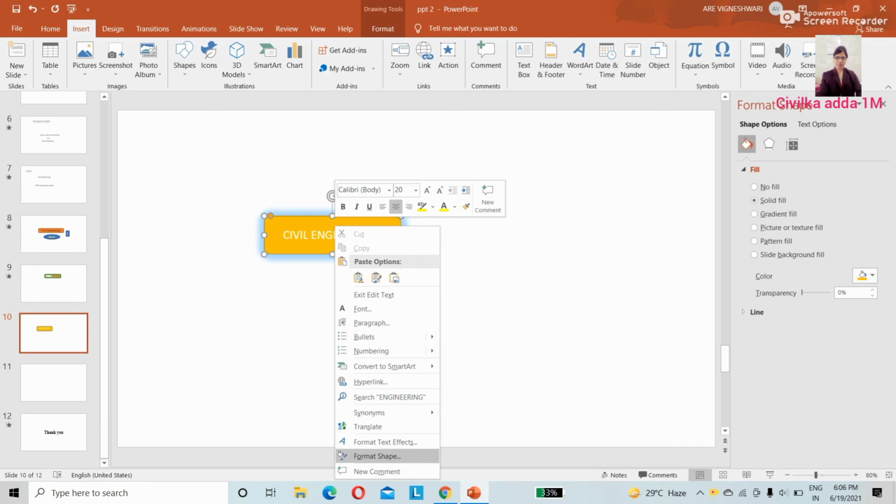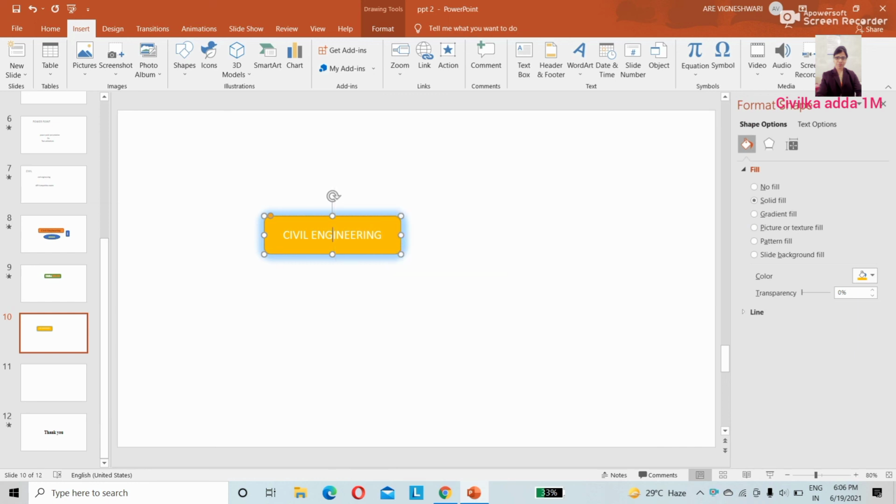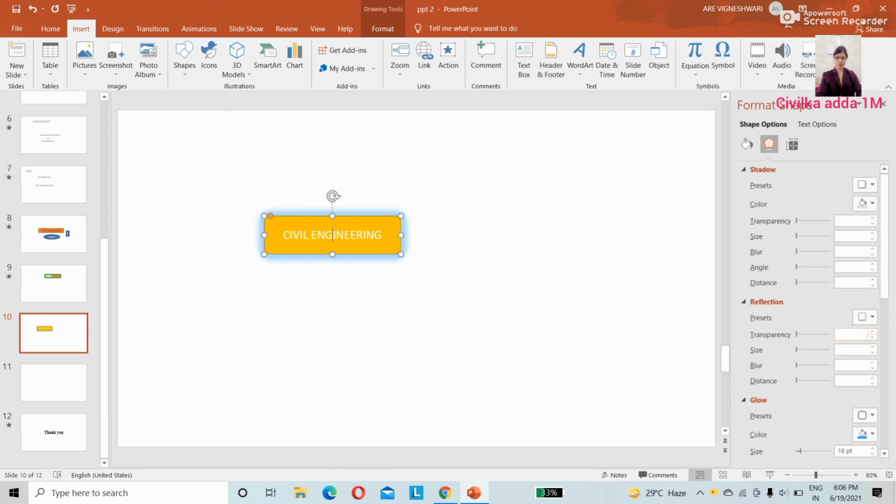And if you want your text to reflect, let me show that. Go to format shape, click effects. If you want your text to reflect, see here, you can select the different options. Reflection, see here. Like that you can make the text reflect also, and you can change the transparency also. As it is 0, it is showing much.